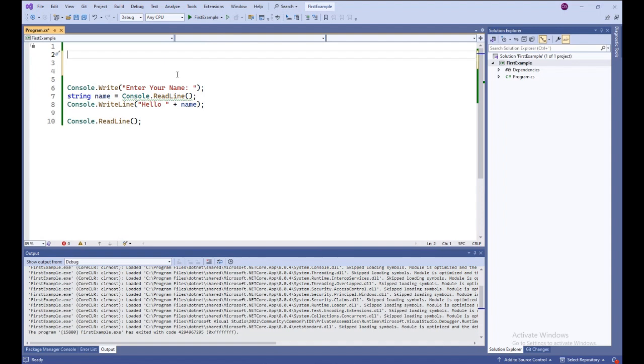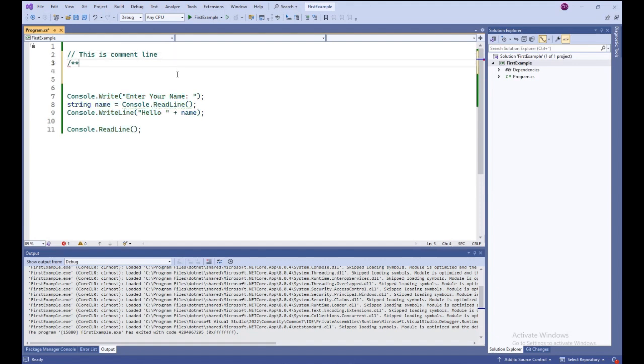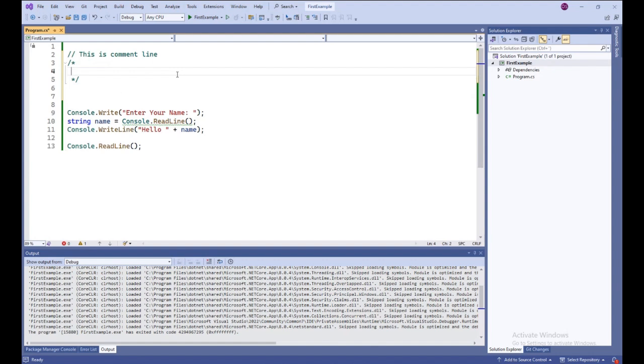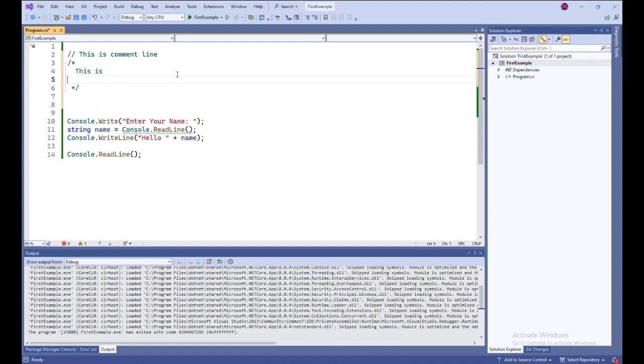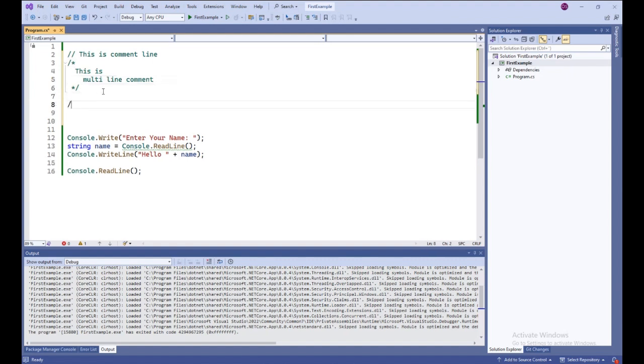I can delete it. Let's use comment. This is a comment line. It can be single line or it can be multi-line. You can create like this, and you can write this is multi-line comment. Yes, it is possible that you can use, and also let's write a control plus key plus C. It will be commenting